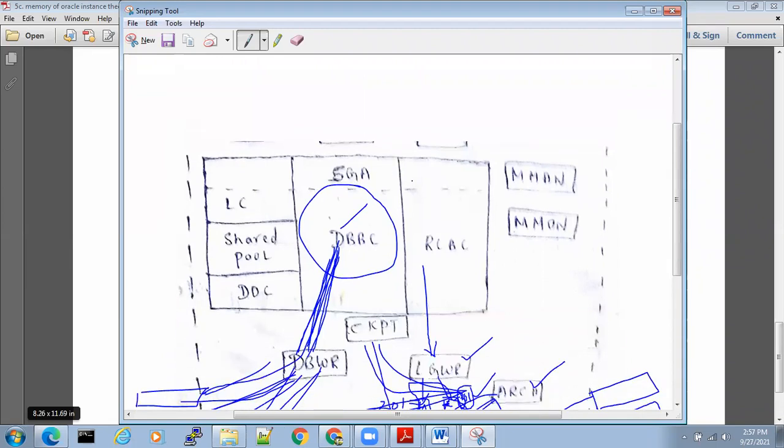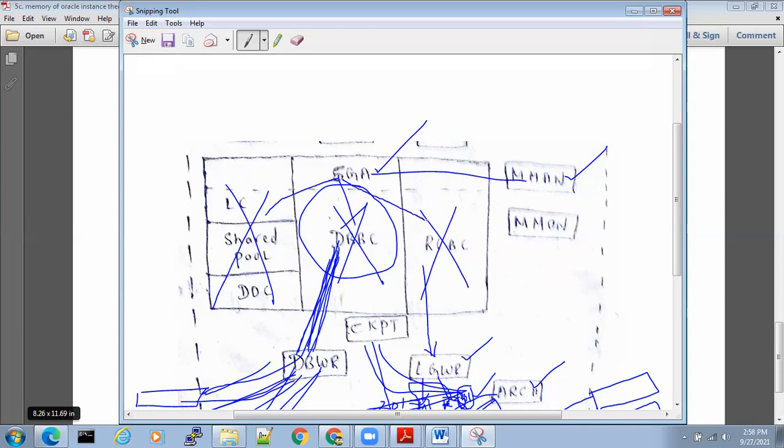First of all, you understood about memory manager. What is the job of memory manager? You don't have to write a separate parameter for shared pool size. You don't have to give a separate parameter for database buffer cache, which means db_cache_size. You don't have to write a separate parameter for redo log buffer cache size. Instead of 3 parameters, you replace those 3 parameters with 1 parameter, sga_target. Then memory manager will come and manage the memory. Out of this 300 MB, it will allocate some memory to shared pool, some memory to database buffer cache, some memory to redo log buffer cache. Okay, that's automatically allocated.